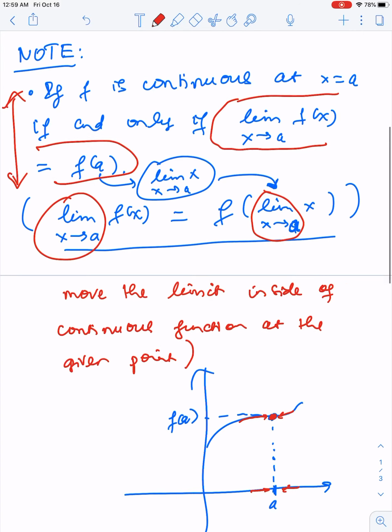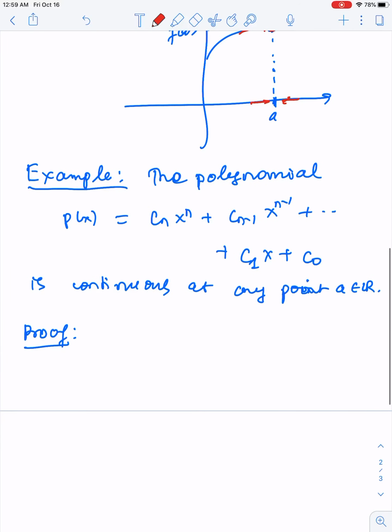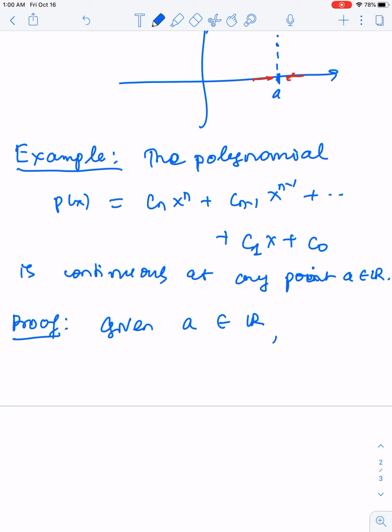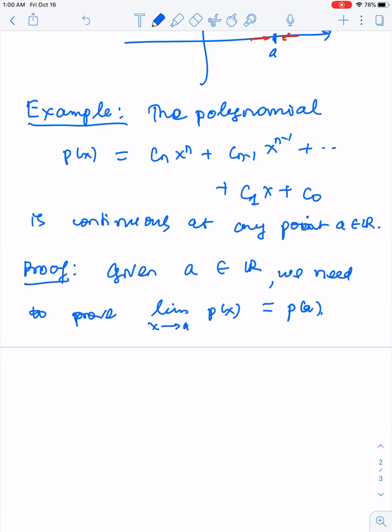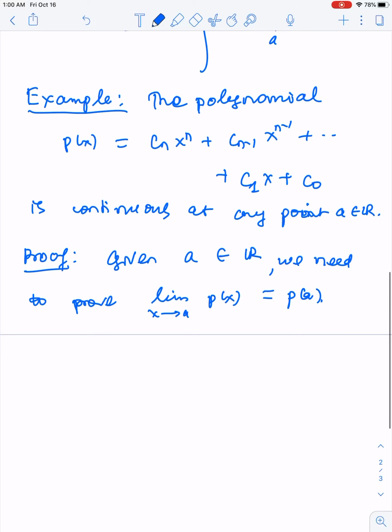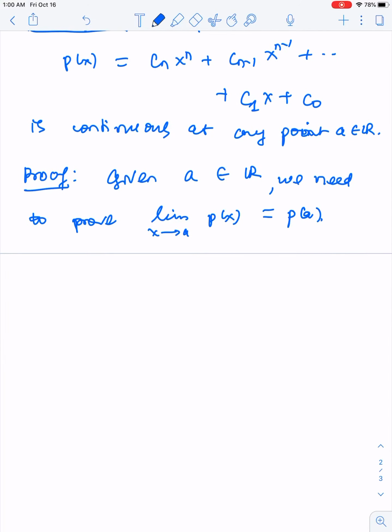So to prove that p is continuous, given any real number A, we need to prove that the limit of p(x) as x approaches A equals p(a). Indeed,